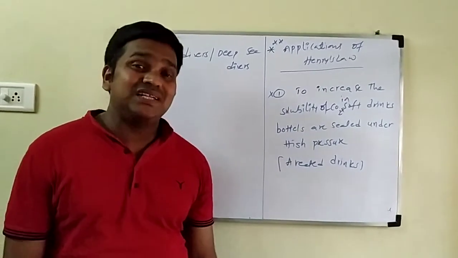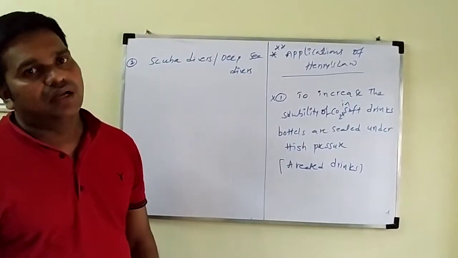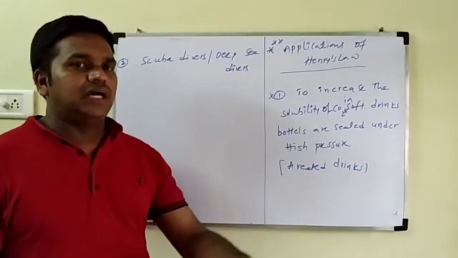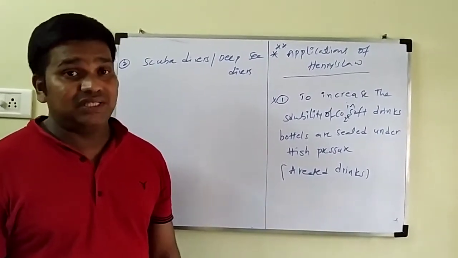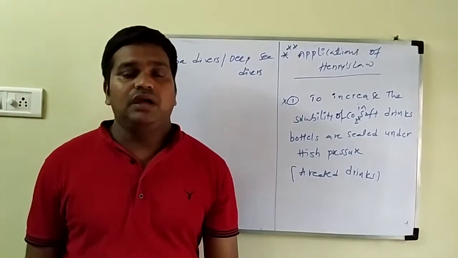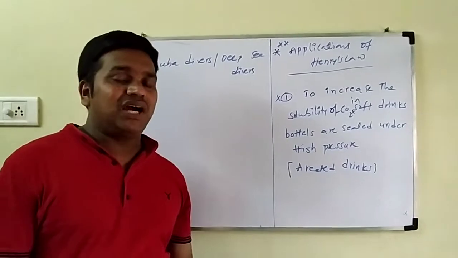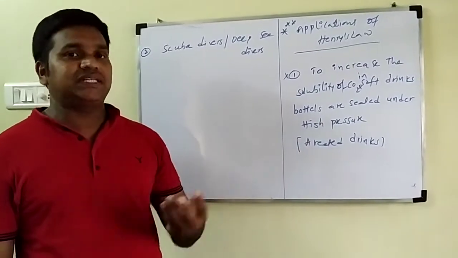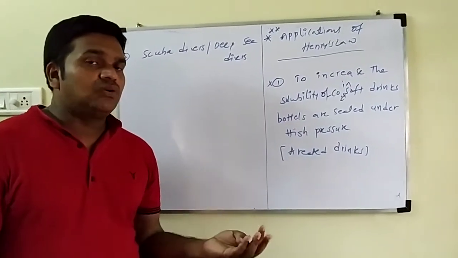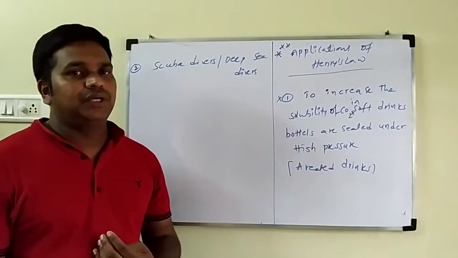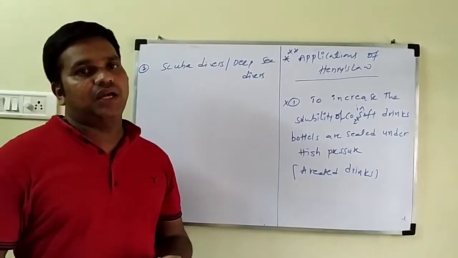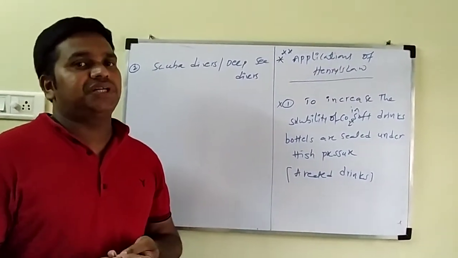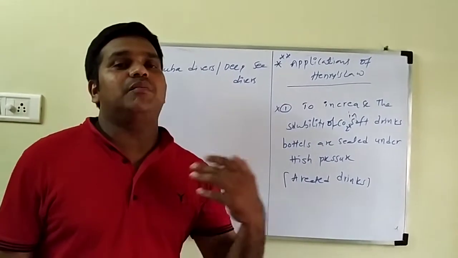Some of the atmospheric gases are easily dissolved in the body. Generally, they carry respiration tanks. Along with the oxygen, some nitrogen gas is also present in those cylinders. When they go deep, because of high pressure, the solubility of nitrogen gas is more than oxygen gas. So the nitrogen gas will enter into the body. Suddenly they come to the surface of the sea. Because there is a sudden change in the pressure, the nitrogen gas immediately comes outside.